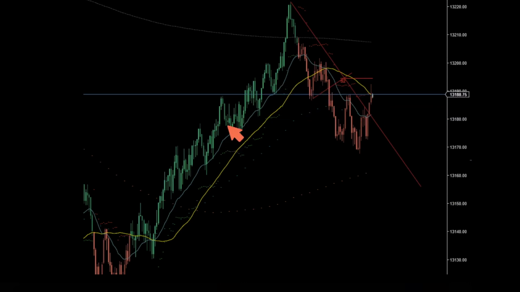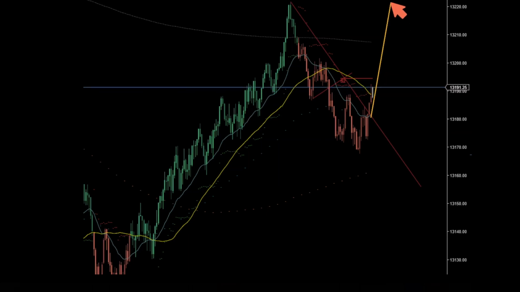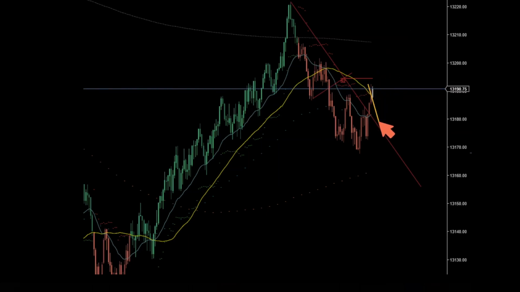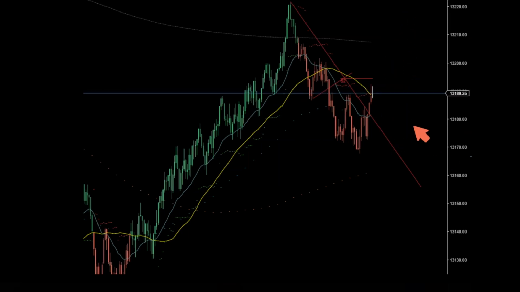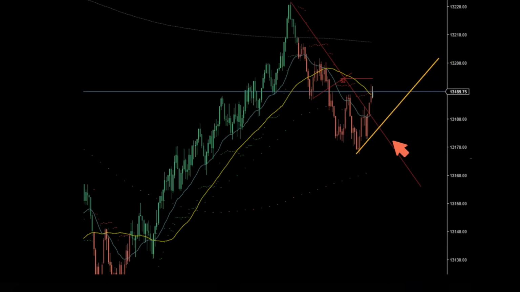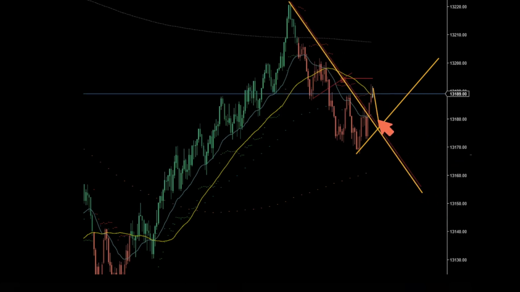Because of this choppy price action, I wasn't expecting this price to just continue going up like that. Instead, I was expecting a pullback and a choppy way to go up. So right now I am thinking again to re-enter when I see a pullback to that trend line here. So we had this trend line, and I'm looking for a pullback to enter with a really tight stop